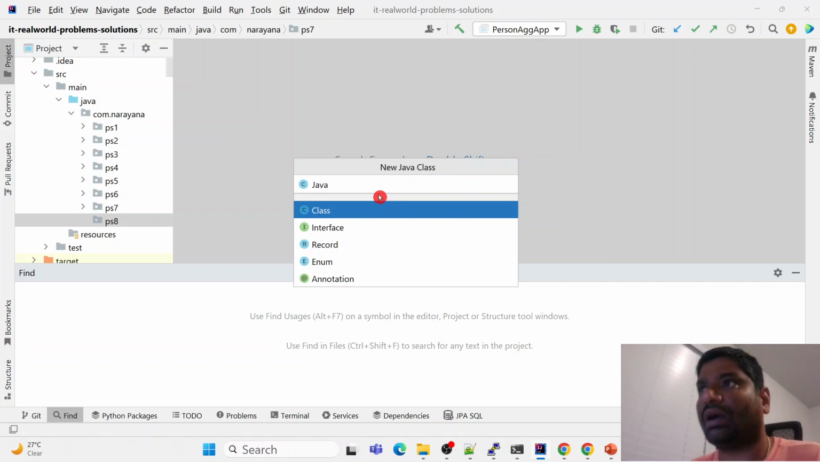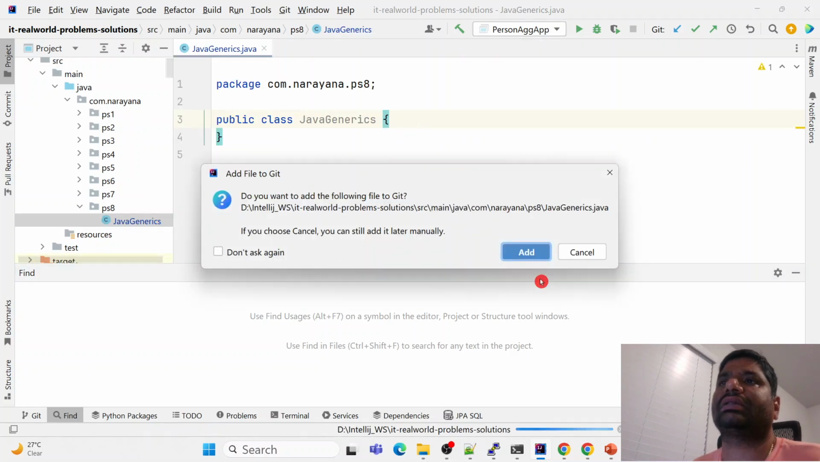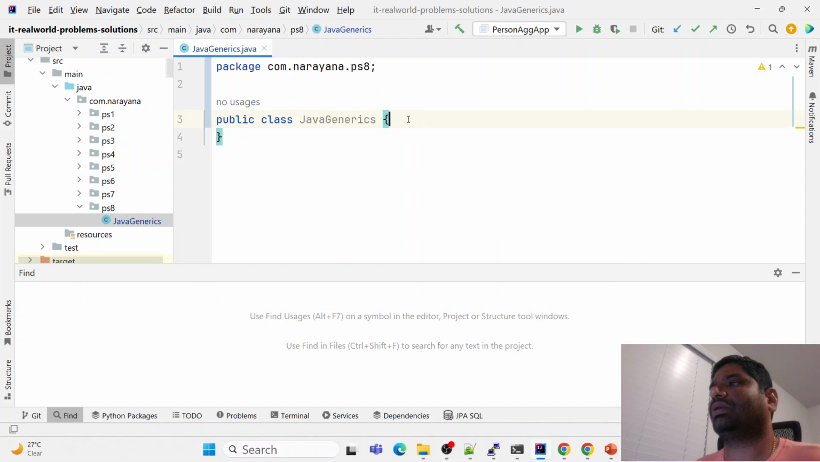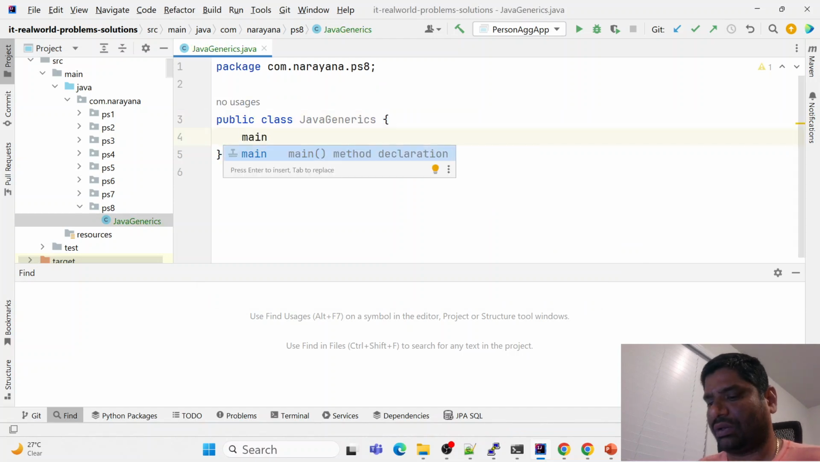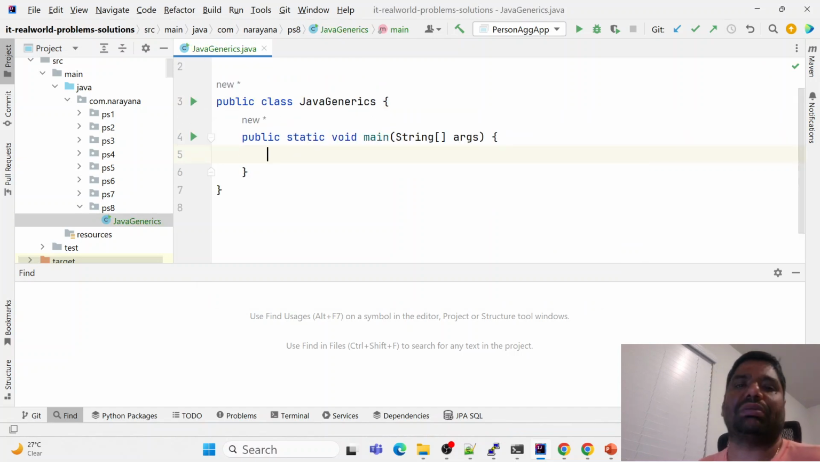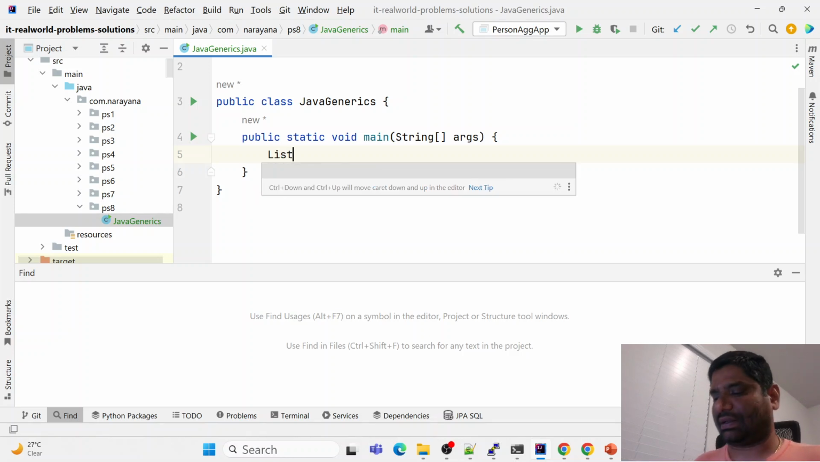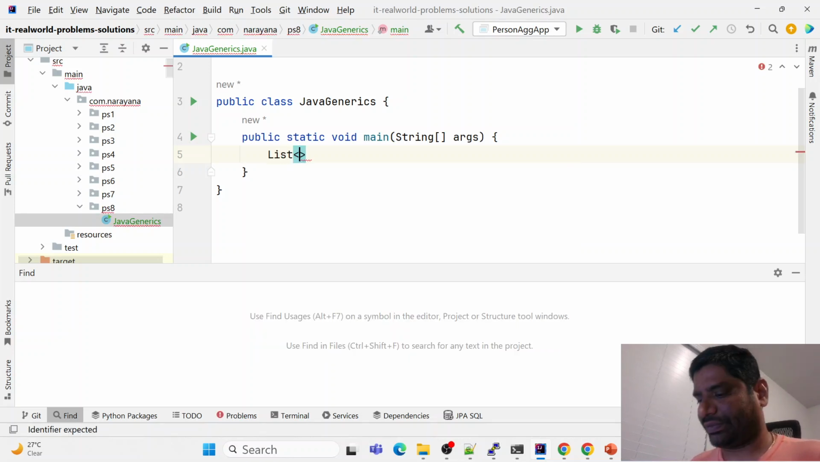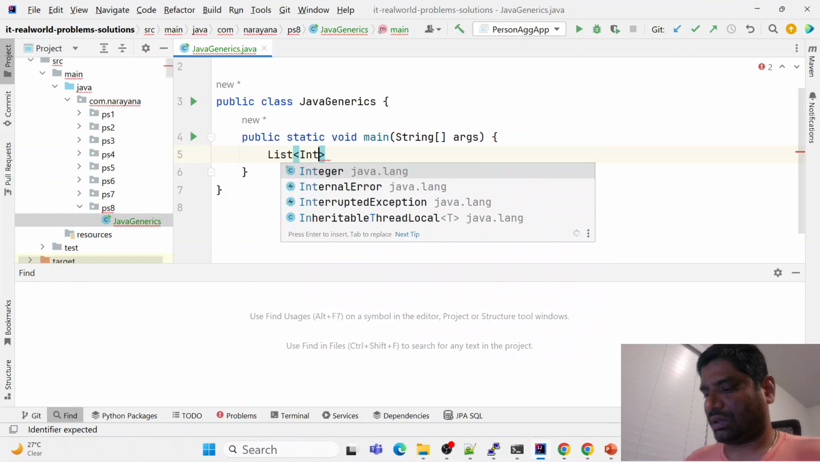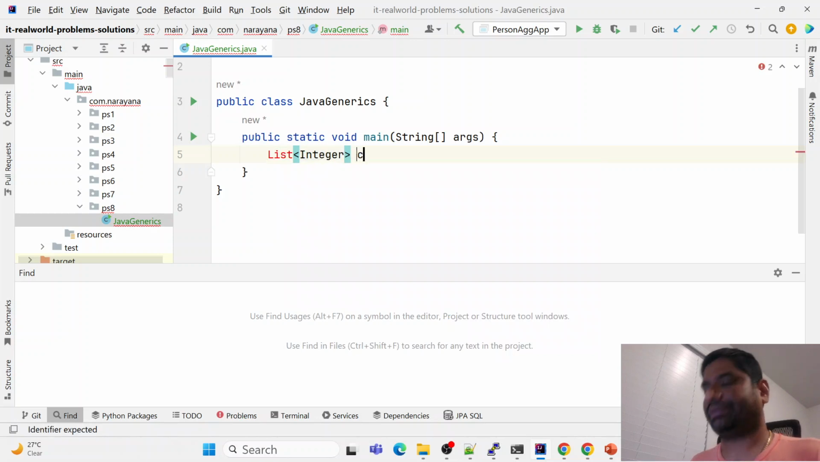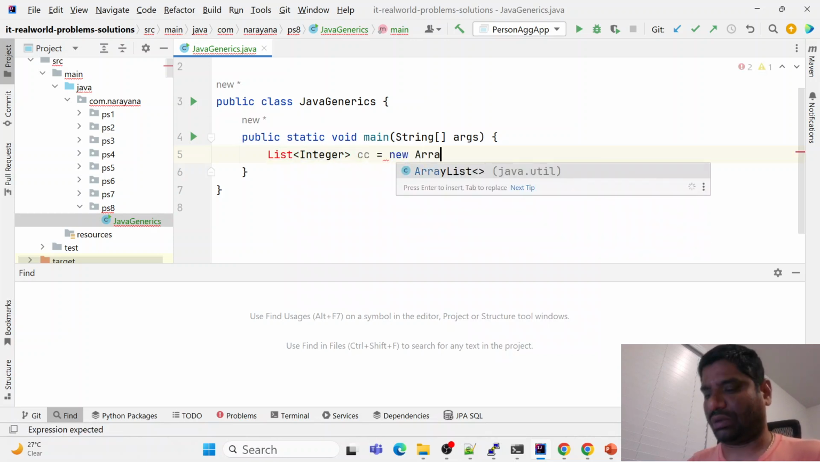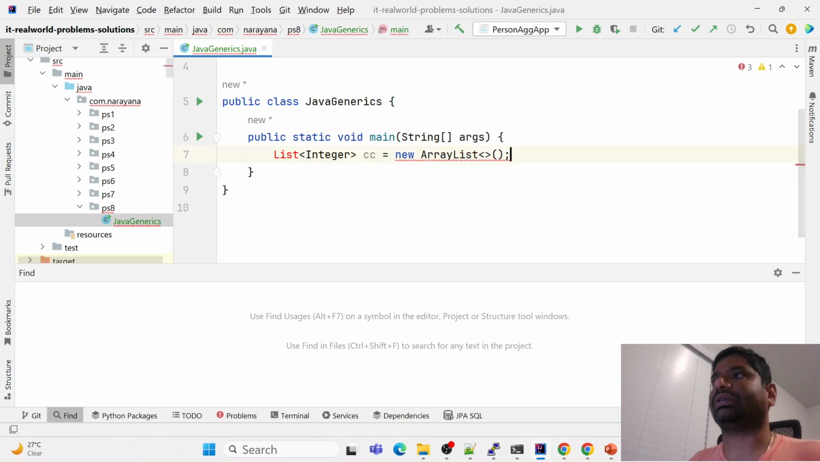Java generics, the name of the class which I'm defining. So I'm going to add it. So I'm going to create a simple main driver where we can easily test all these things. List. As I was talking about, that integer, I'm defining cc equal to new ArrayList where I'm going to